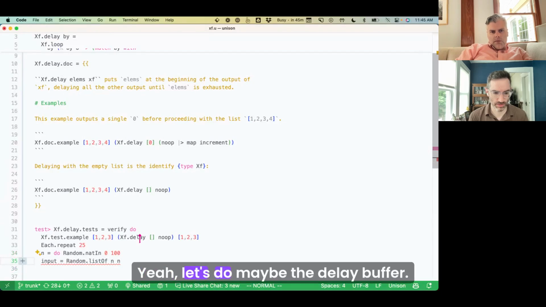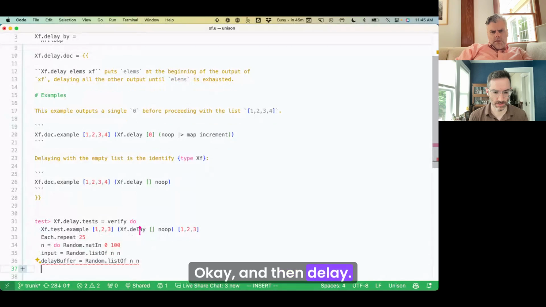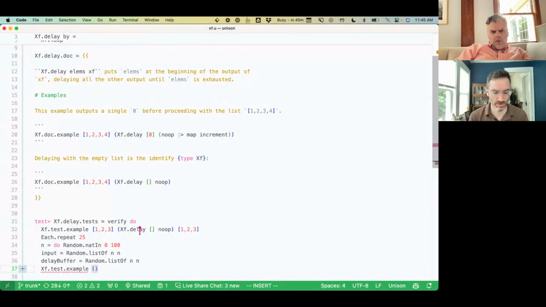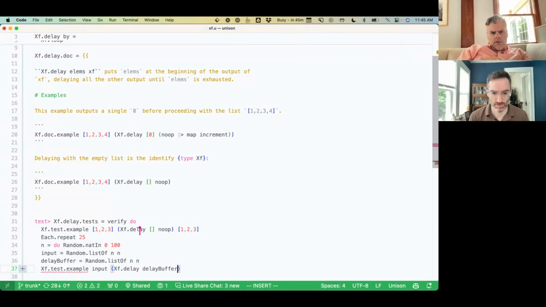Yeah, let's do maybe the delay buffer could be the same. Okay, and then delay. We want to just do xf.test.example of input and xf.delay delay buffer, no-op.